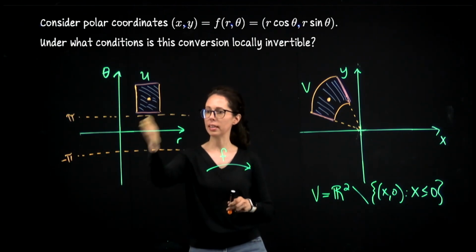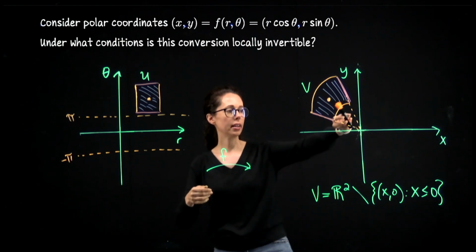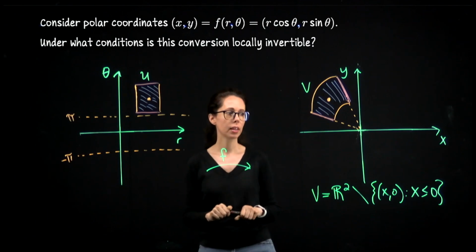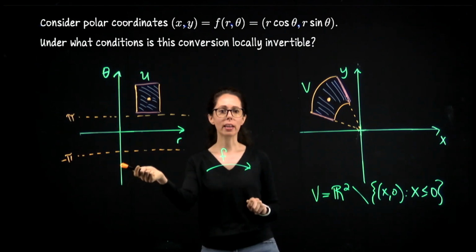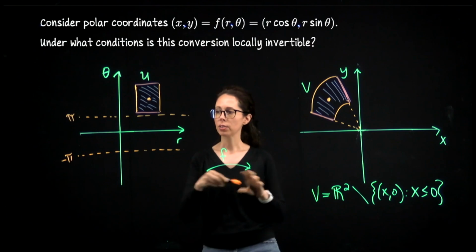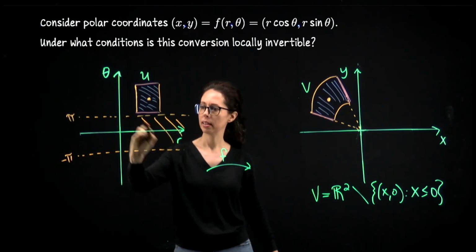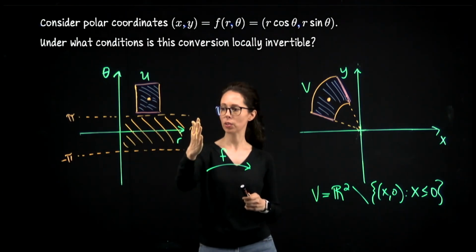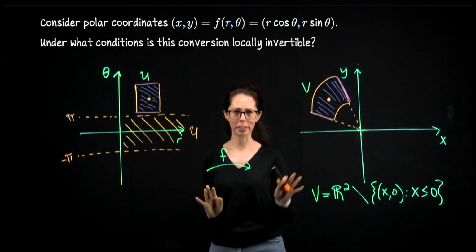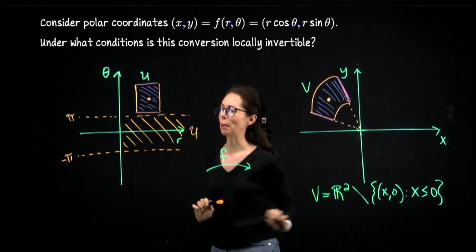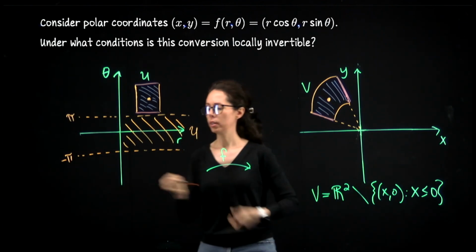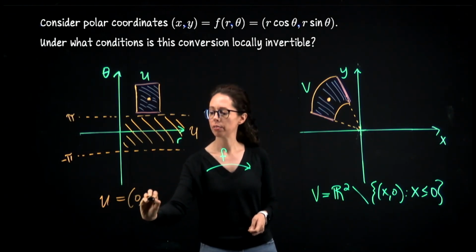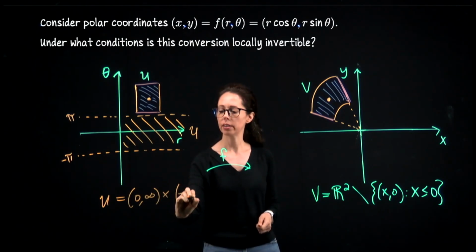Angles in this strip here go from here to here, but if I don't include negative pi or pi, we will never land on the negative x-axis. And then your radius can be positive or negative, but if you allow for both, then you're going to overlap. So actually, let's just take this to be U. U is like half of this strip between negative pi and pi. I called it an annulus a second ago, but that was a mistake; I just meant strip. So if you let U be the Cartesian product of two open sets, 0 to infinity cross negative pi to pi,